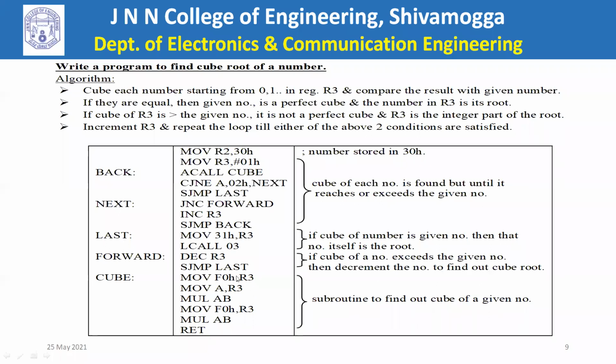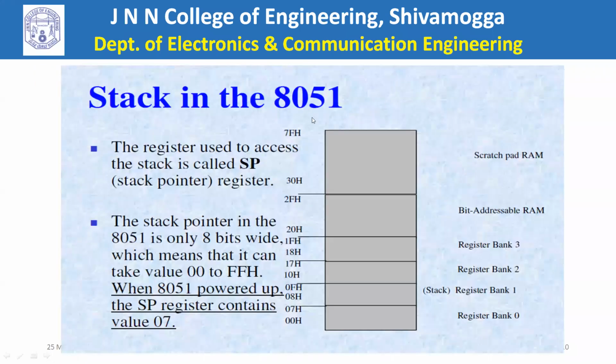Rather than what you are doing here, first you will find multiply. Once again you move to B register. See that the product will not cross 8 bits. Multiply, that's all. Everything is same. So this is how the cube root is done. In case of cube root, it is a perfect cube method. In case of square root, it is a perfect square method. This is how cube root and square root are found.